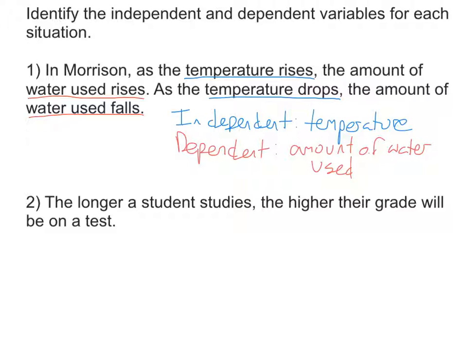Let's try number two. The longer a student studies, the higher their grade will be on a test. So once again, let's take a look at the two different things that are changing here. So we have the length of time that a student studies, and we have their grade. So which of these is independent? Well, your grade seems to rely on the length of time that you study. So because you have to study first and the grade is affected, your independent variable